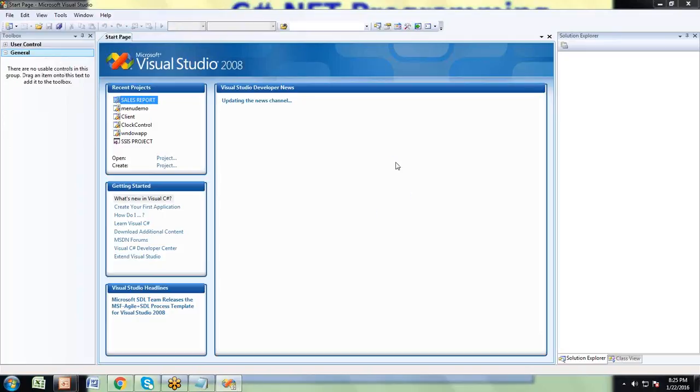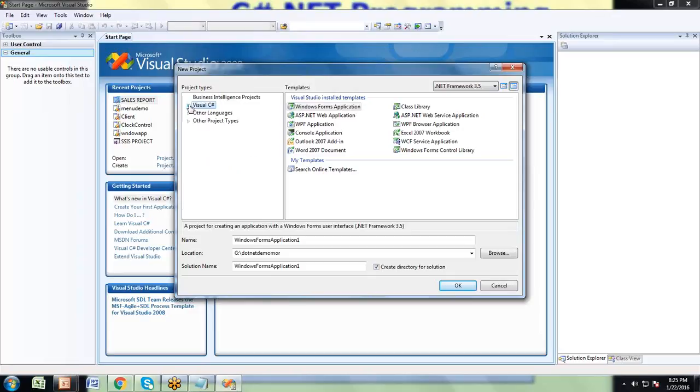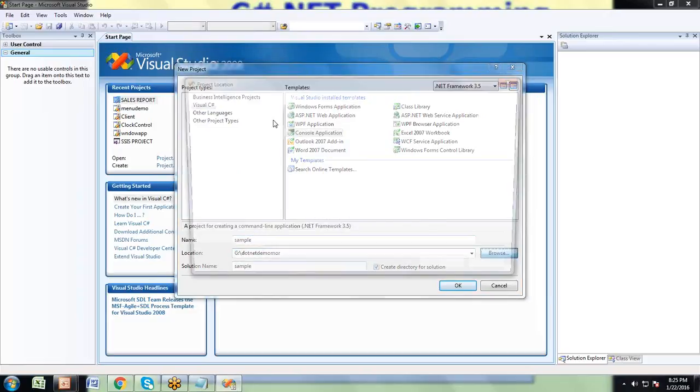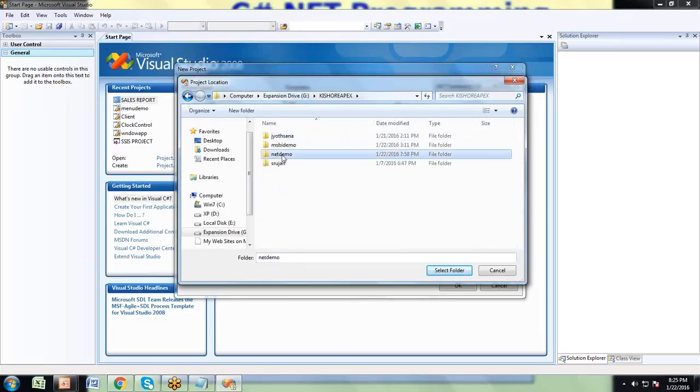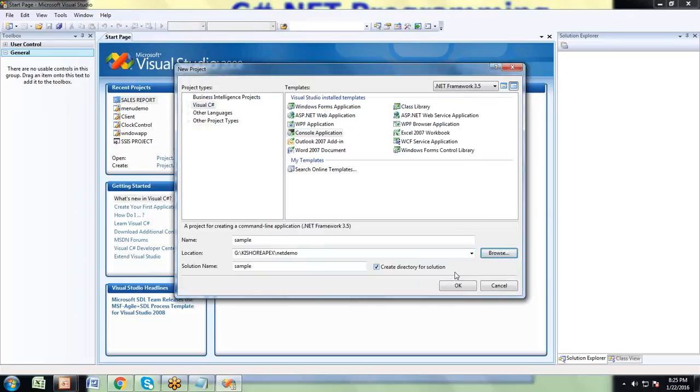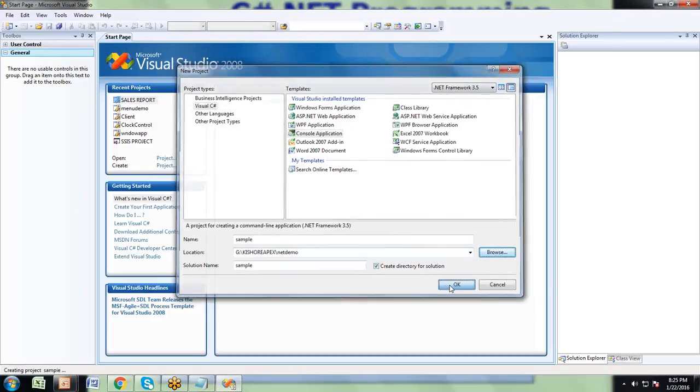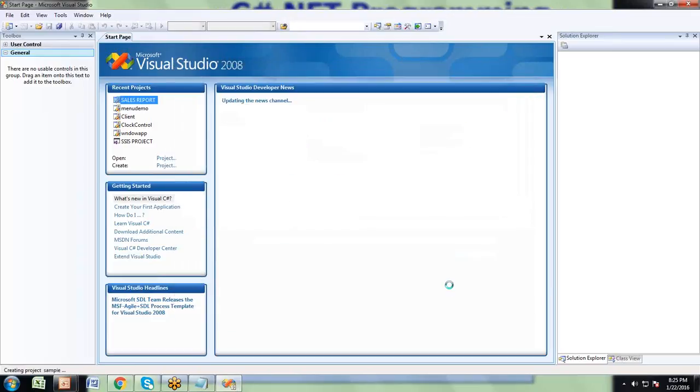Once you say File, New Project, this is the dialog. On the left hand side, Visual C Sharp. On the right hand side, I'm selecting Console Application. Where you want to develop, you can go to a particular location. Say OK.